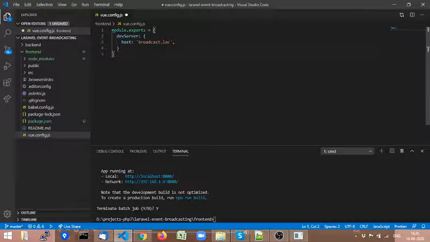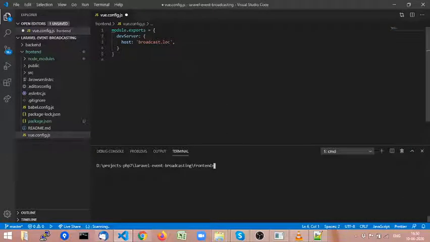Okay, so I am exporting a module where I'm setting my dev server to be hosted on broadcast.loc. Let me save this vue.config.js and start the server.